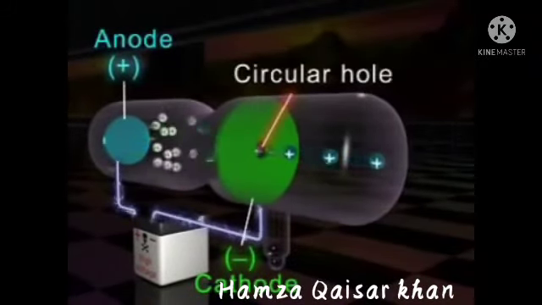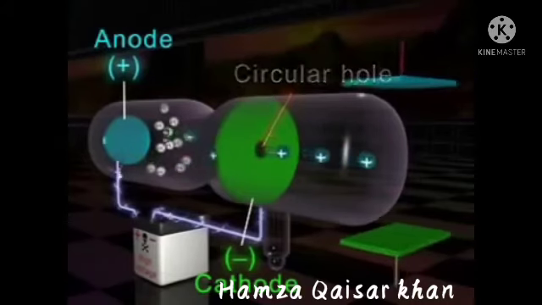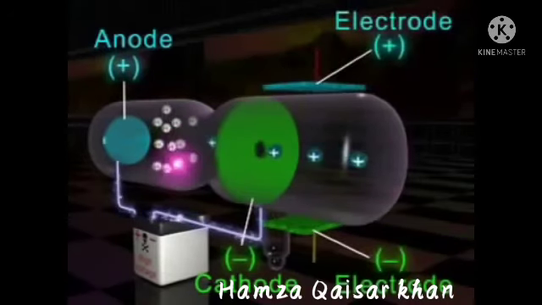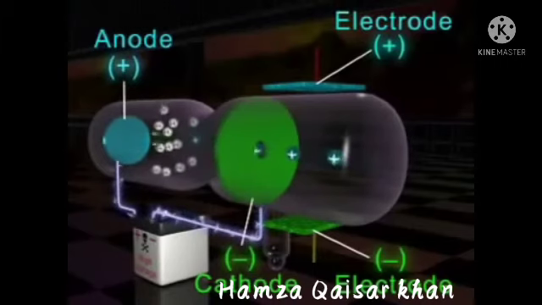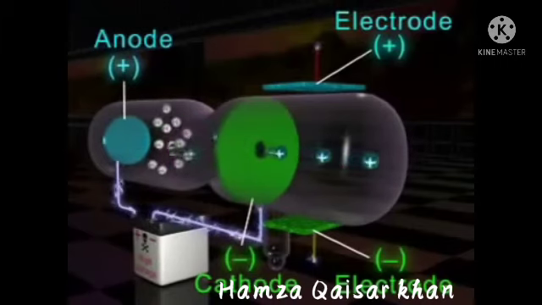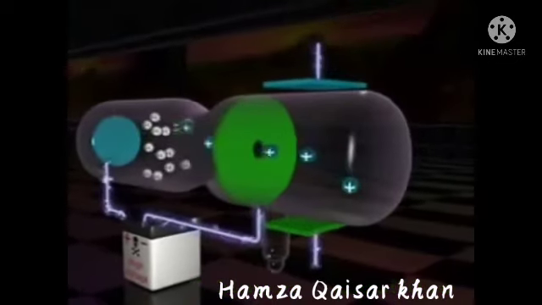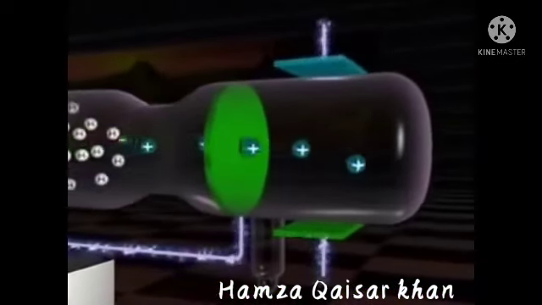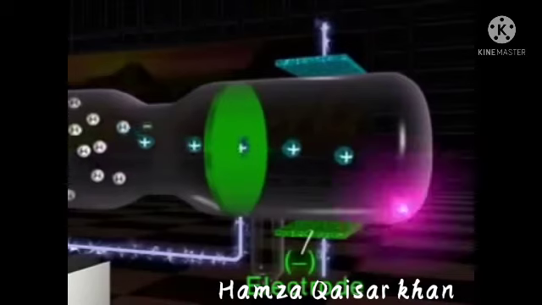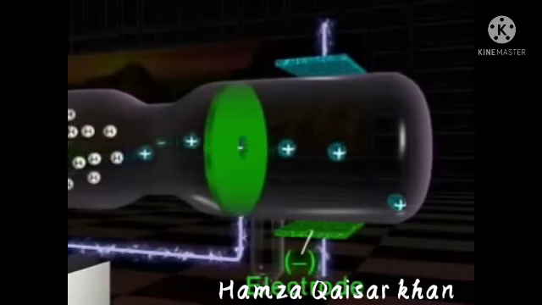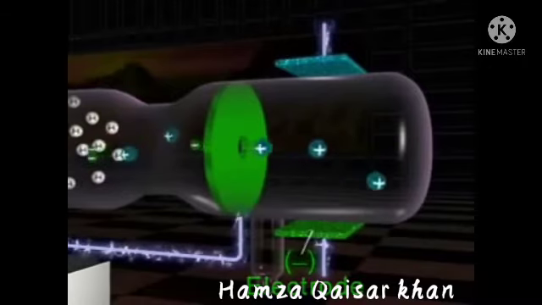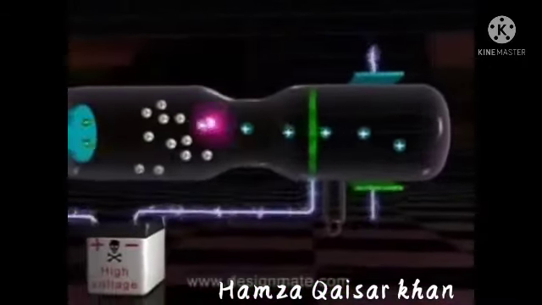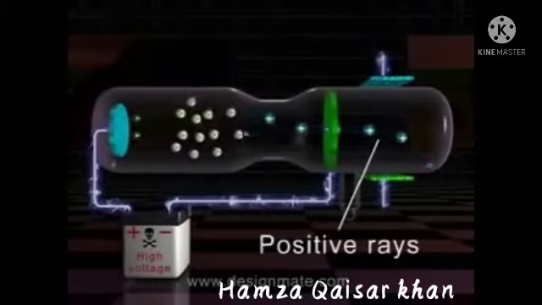He made one small circular hole in the cathode and introduced two plates behind the cathode. When a strong electric field is applied between the plates, the particles are attracted towards the negative electrode, so these are positively charged particles. Therefore, these are often called as positive